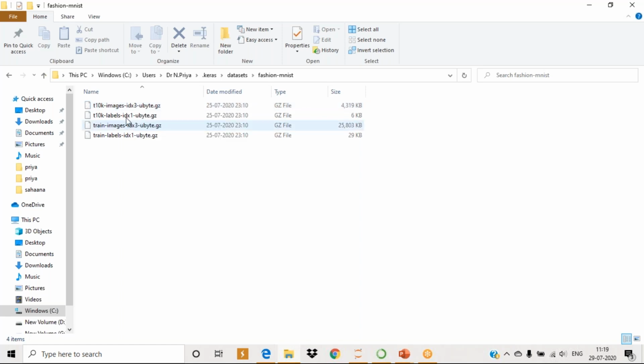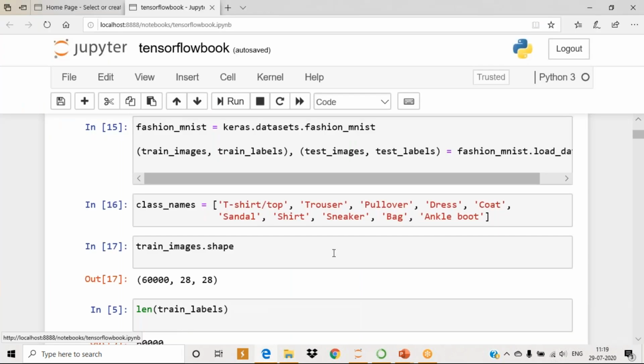Okay, so now the images are separated from the labels. I think you have understood the folder. Next, come to the program. See here,